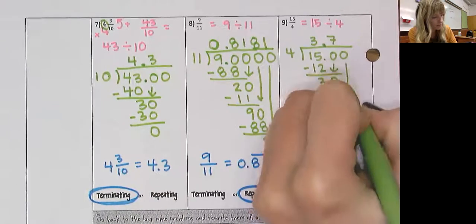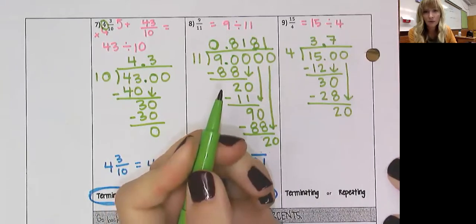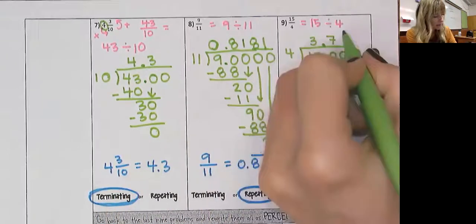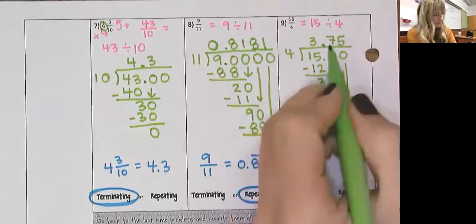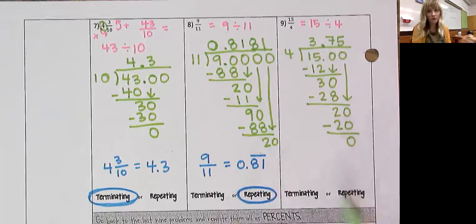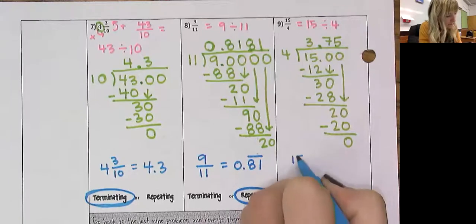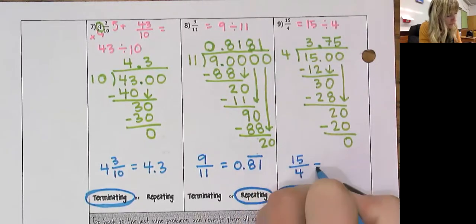Subtract, bring down. Not done yet. Don't see a pattern. Haven't gotten a remainder of 0. 4 goes into 25 times. 5 times 4 is 20. I just got my remainder of 0, which of course means that this is a terminating decimal, and 15/4 is equivalent to